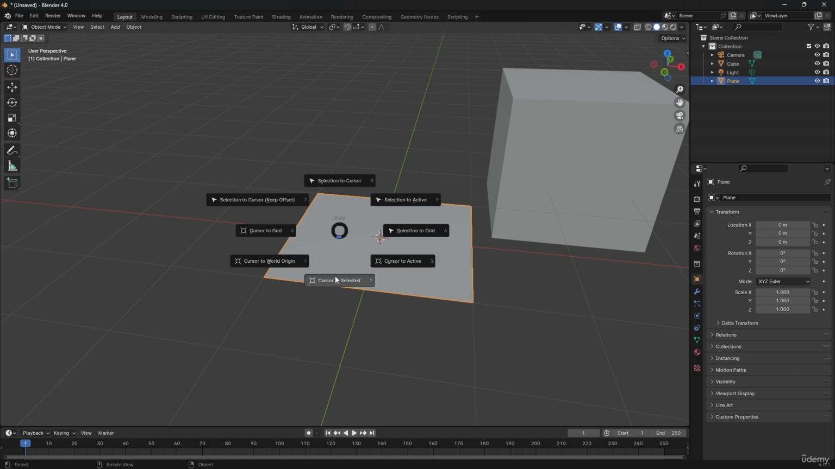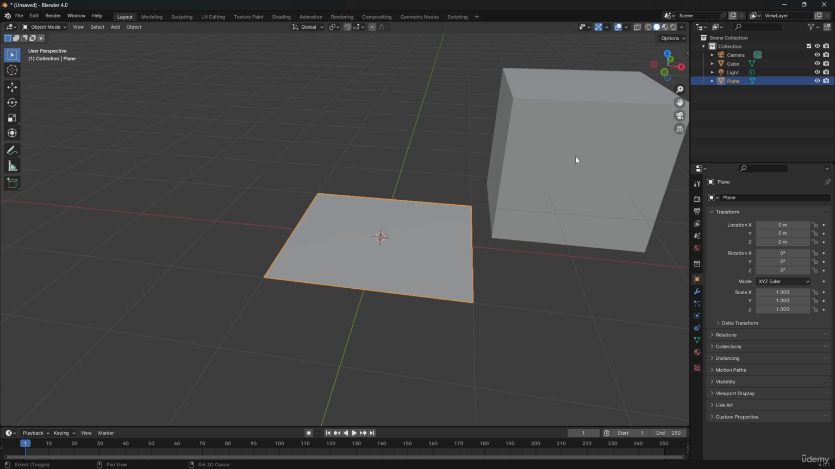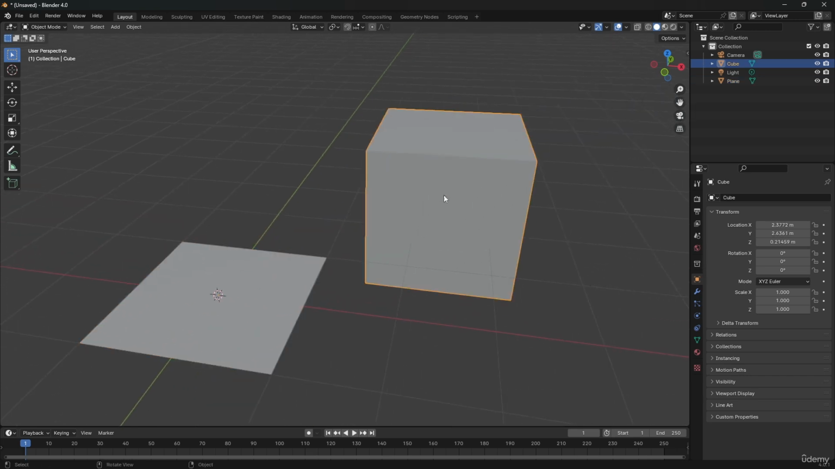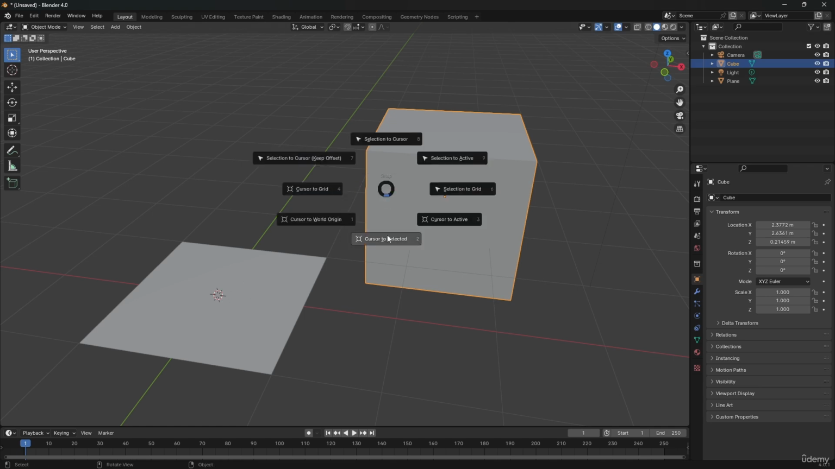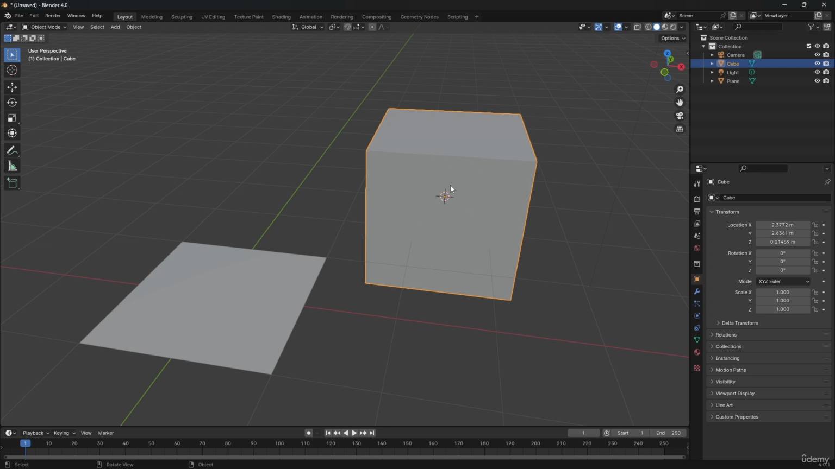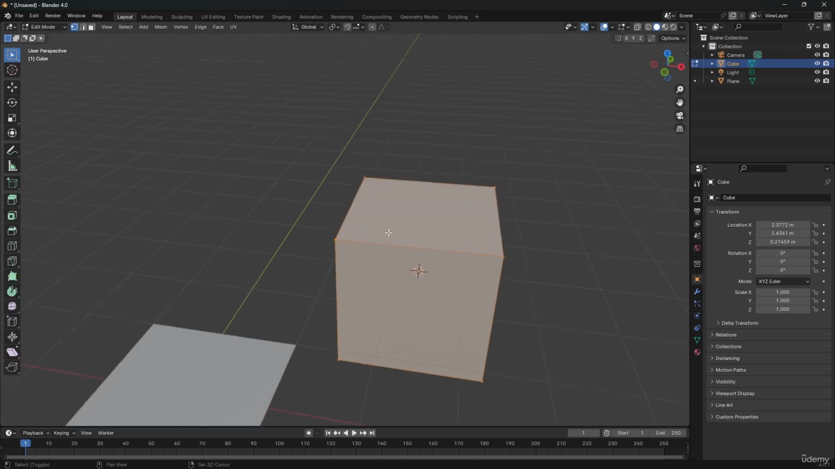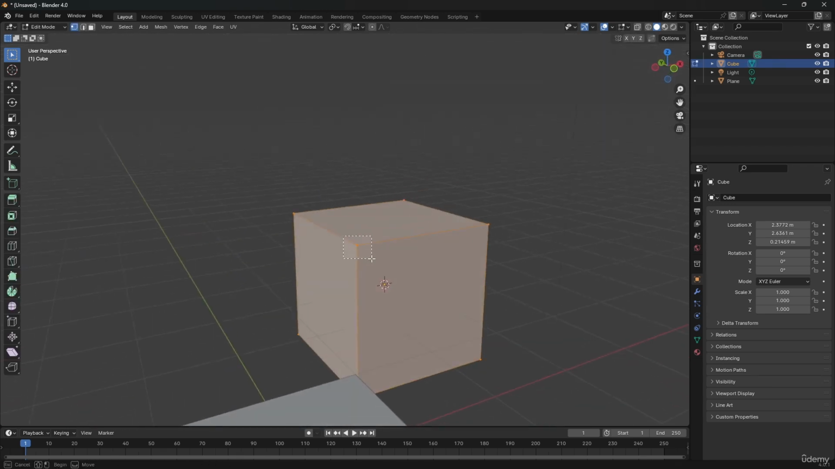Next we have cursor to selected, and this moves it to the origin of the selected object. So if I select this object, it's going to move to the origin of this object. So Shift S, cursor to selected, and it's going to snap there. This is helpful in edit mode. For example, if I want to add a new object on this vertex point, I can go ahead and select it